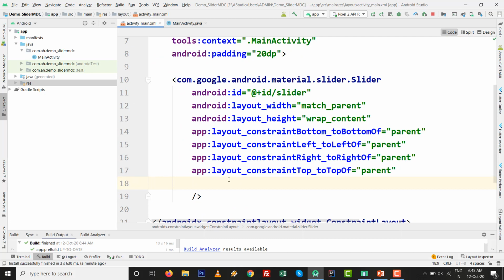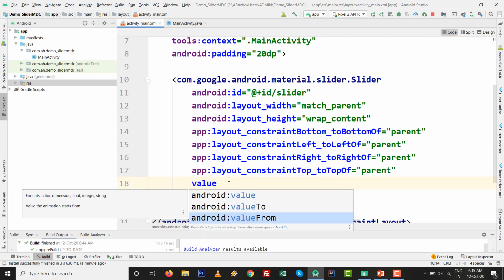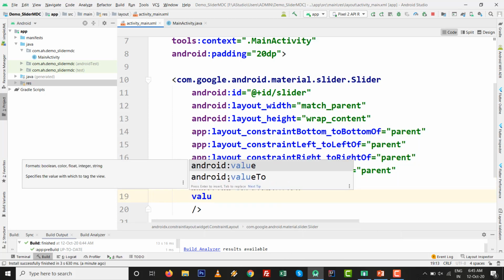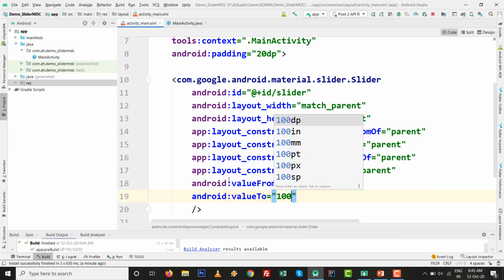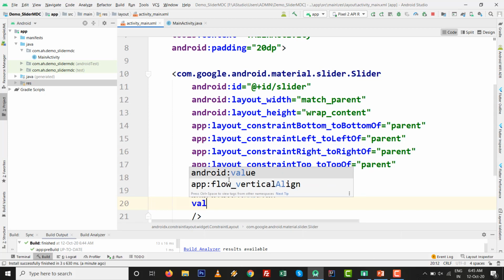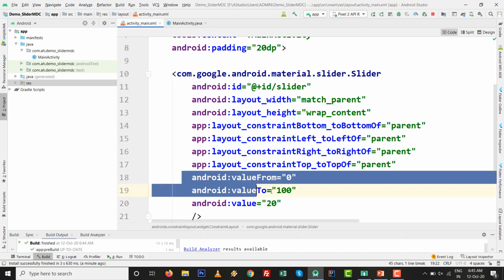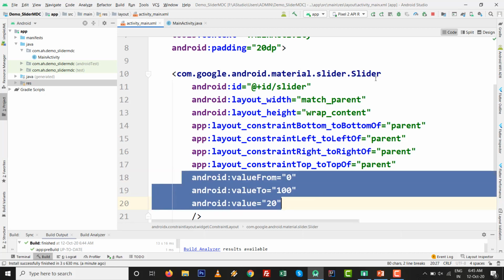First I am going to set android:valueFrom to 0, the starting value, meaning the minimum value, and the ending value valueTo to 100, and set the default value when the slider is loaded for the first time to 20. So only these 3 lines we are going to add inside our slider component.